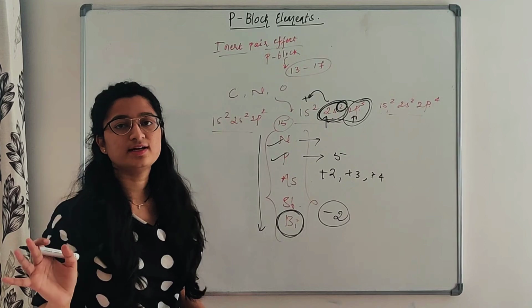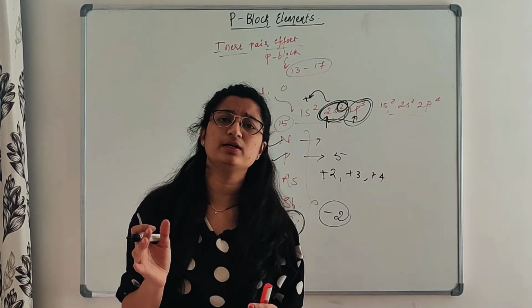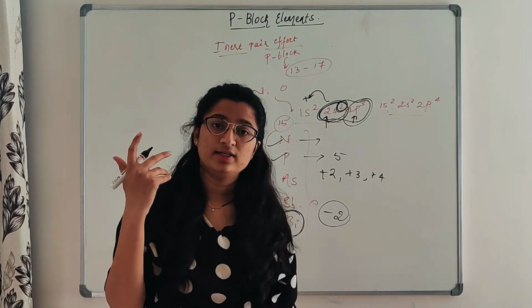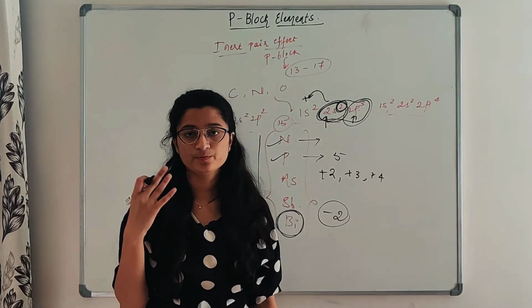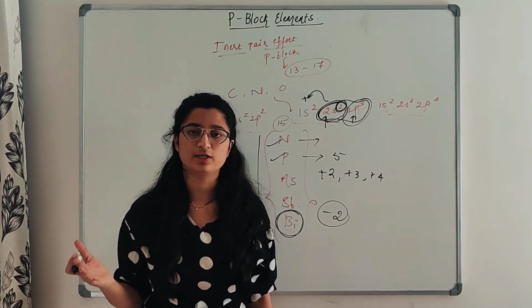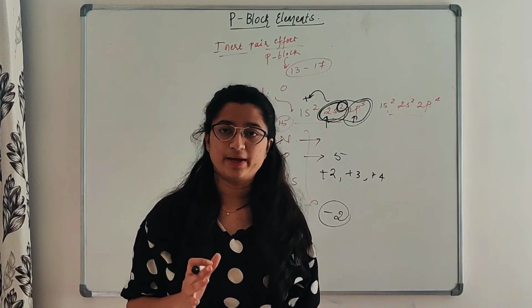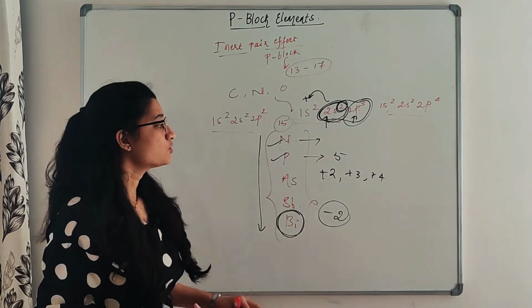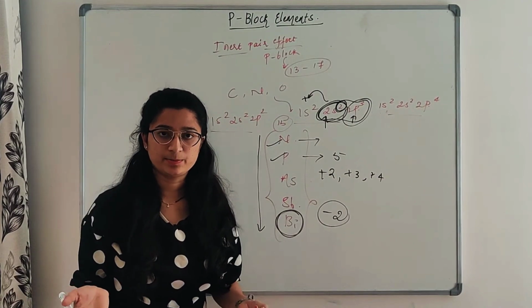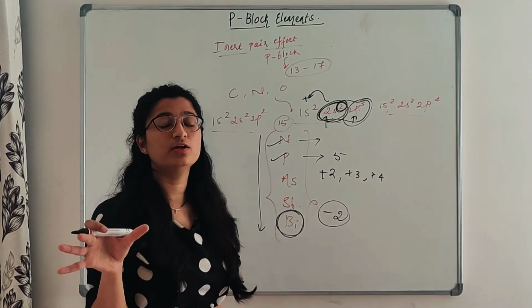So the inert pair effect is that the s orbital electrons become inert, or the incapability of these orbital electrons to participate in chemical bond formation. So we are going to call this the inert pair effect. You have to remember this. This is very important. In the entrance examination, they may give you 4 elements and ask you what will be the